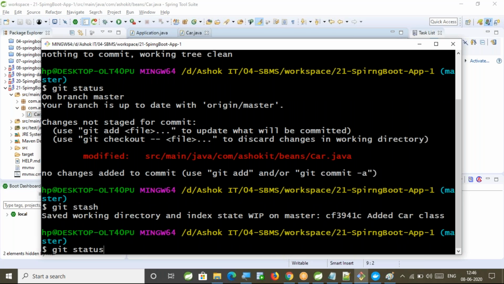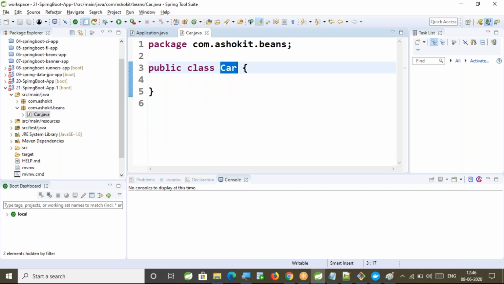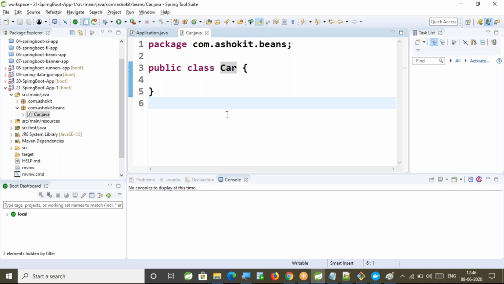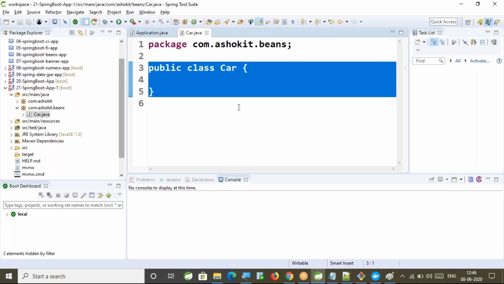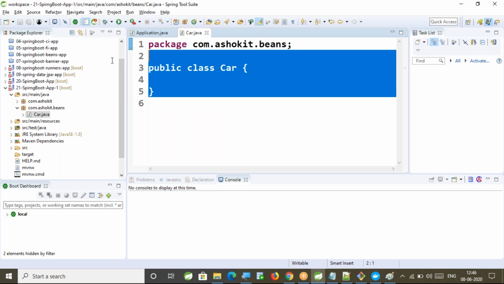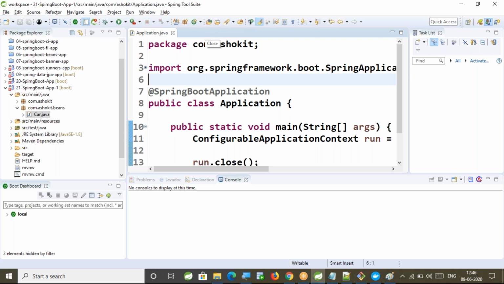Now git status: nothing to commit. My changes are gone. Whatever methods I added in the car class are stashed. That's why these changes are not displaying.